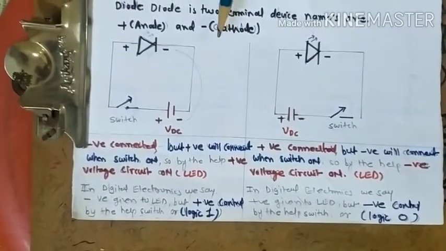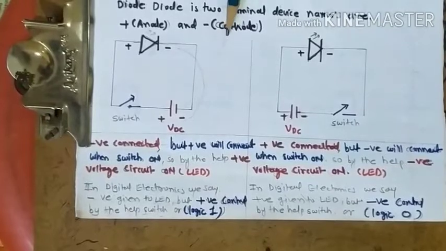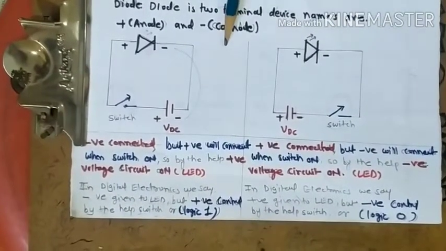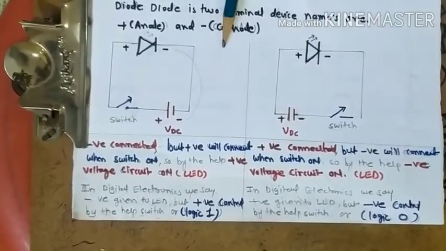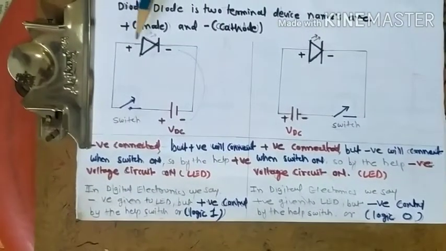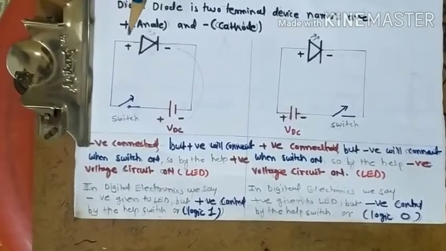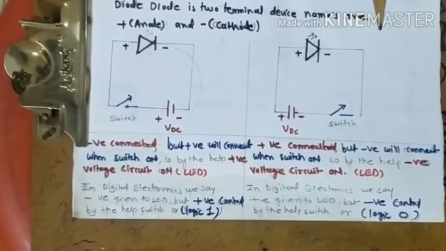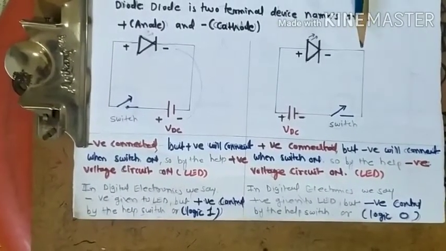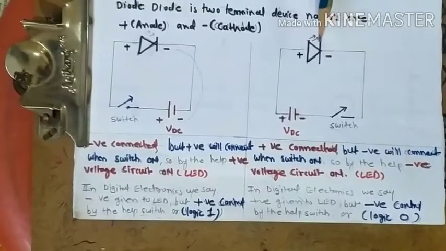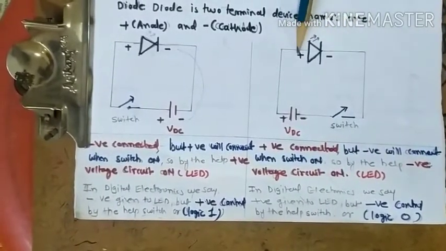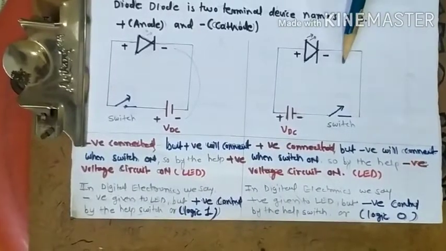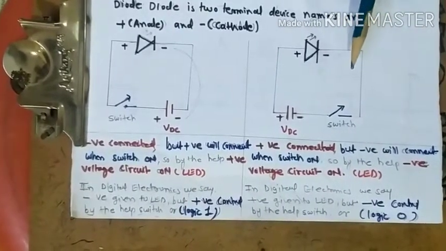In this case, if we connect one LED with the microcontroller and give negative supply directly to that LED, then that LED waits for positive voltage. This positive voltage means it is waiting for logic 1. And in this circuit, if we connect the LED with the microcontroller and give positive by default to that LED, then that LED waits for logic 0, and that logic is produced by the microcontroller.